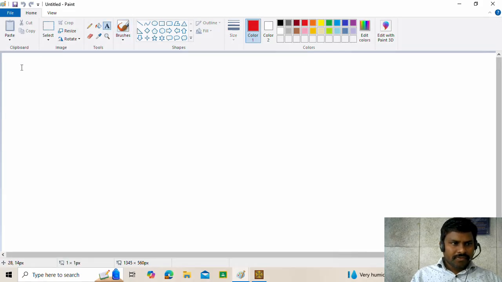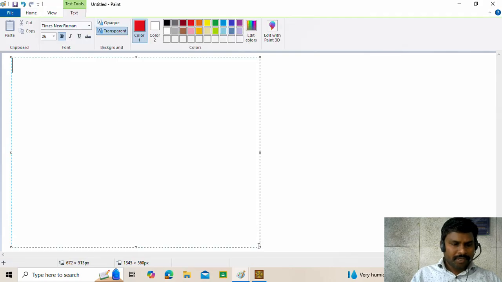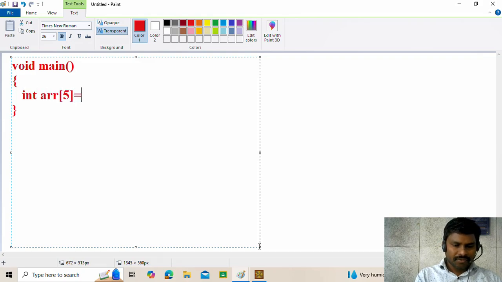So next one is, what is the output of a given program? So void main, int arr of, will take some size, array size is 5, first element 9, 19, 29, 39, 49. So int asterisk ptr. So ptr is equal to,